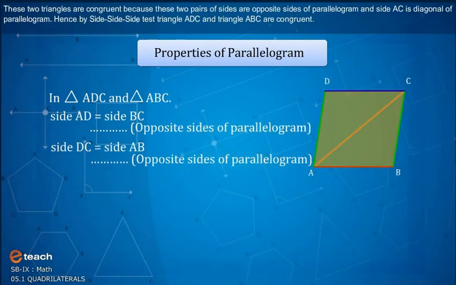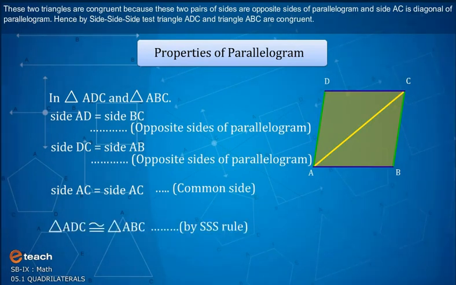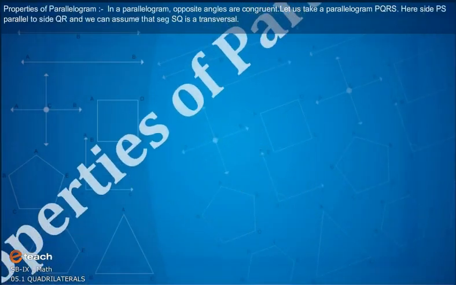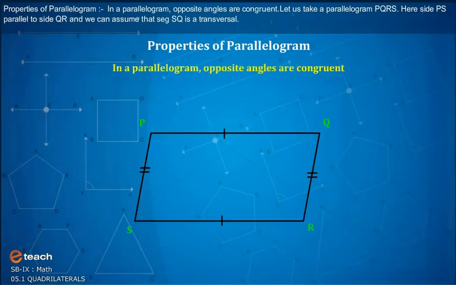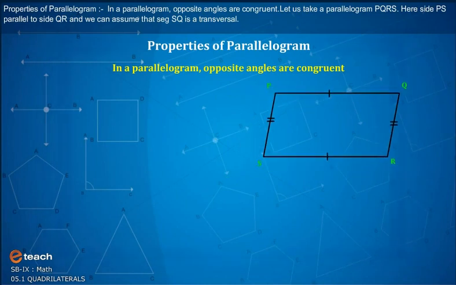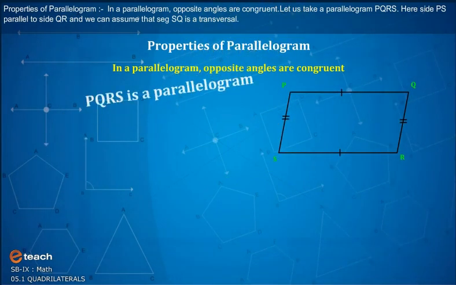These 2 triangles are congruent because these 2 pairs of sides are opposite sides of parallelogram and side AC is diagonal of parallelogram. Hence, by SSS test triangle ADC and triangle ABC are congruent. Properties of parallelogram. In the parallelogram, the opposite angles are congruent. Let us take a parallelogram